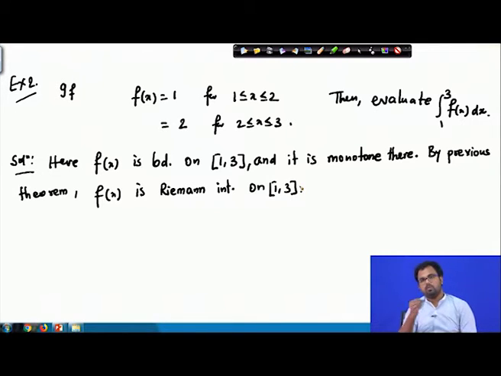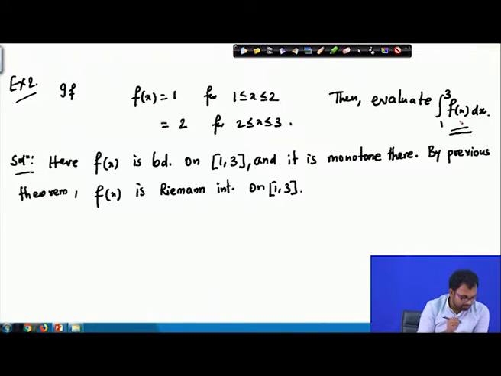Just look into that theorem which says that a monotonic function is Riemann integrable. So with the help of that theorem we can say that this function is at least Riemann integrable. That means if someone asks us to evaluate such an integral, first of all we have to make sure whether the function is integrable or not, whether the integral exists or not. So since by this theorem the integral exists,